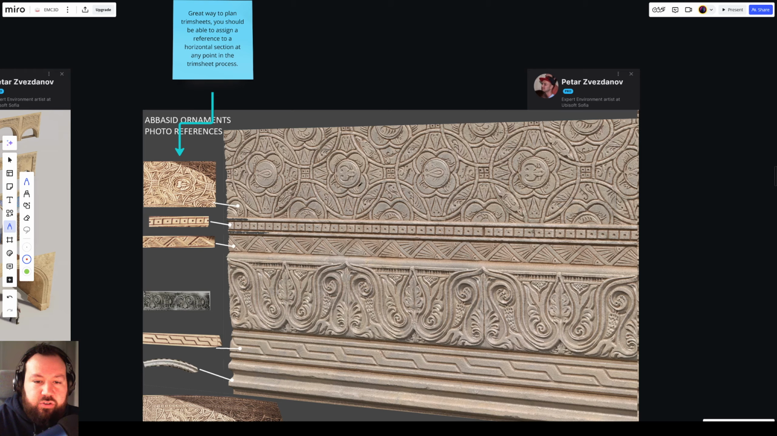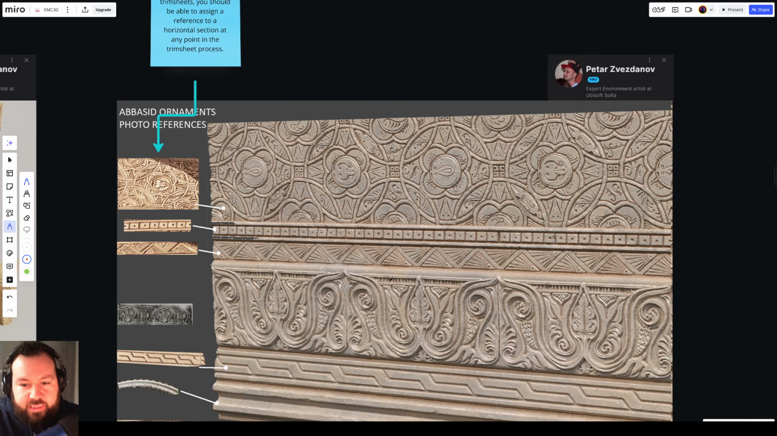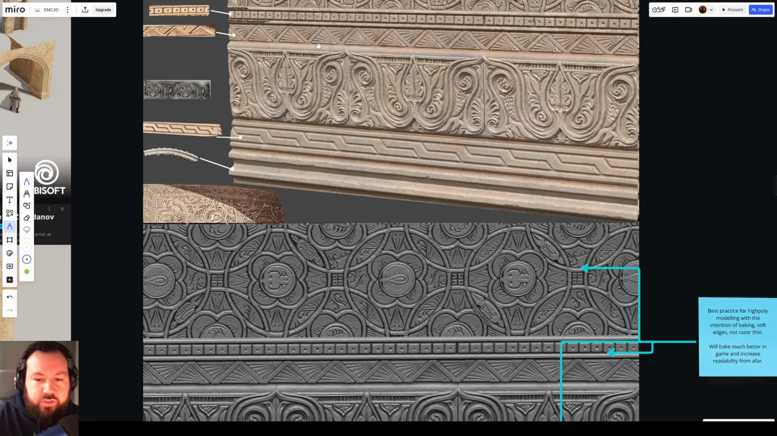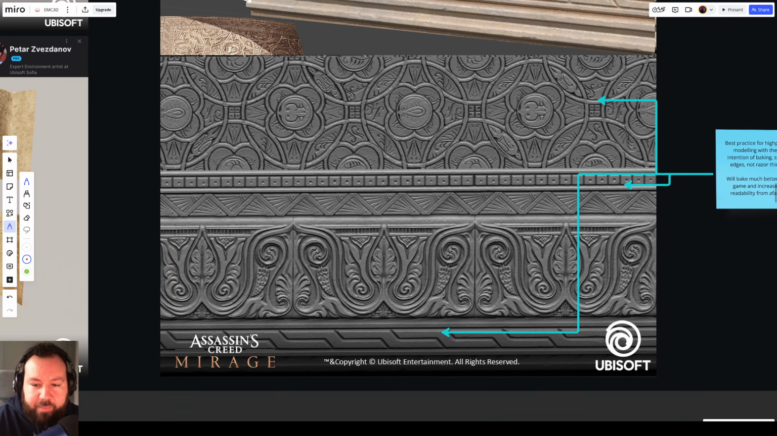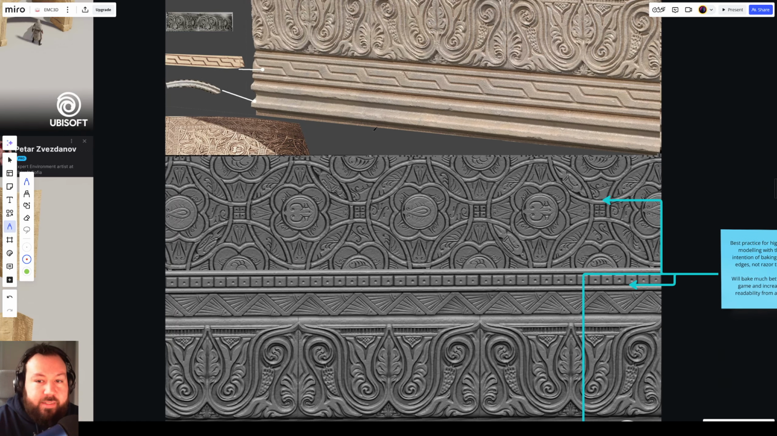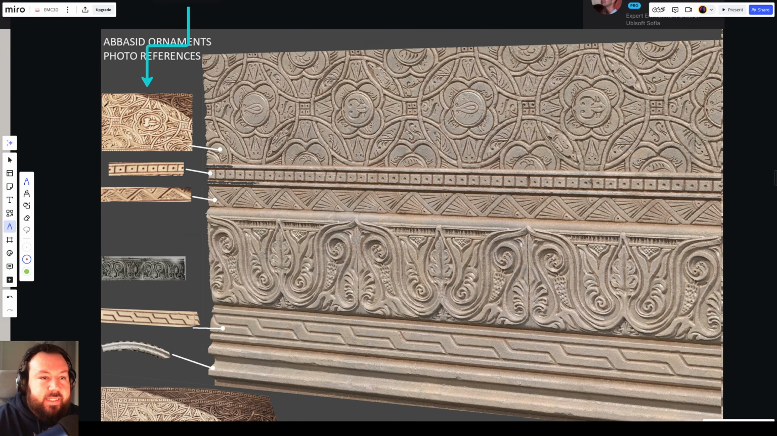The trim sheet. Here's a good trim sheet breakdown. Very complicated trim sheet. Looks like it might be a mixture of sculpting and maybe some photogrammetry base or just pure sculpting. It looks beautiful. But here is that sort of planning method we spoke about in the trim sheet video. If you can justify every row to reference, so this is a really great breakdown here, you can basically make